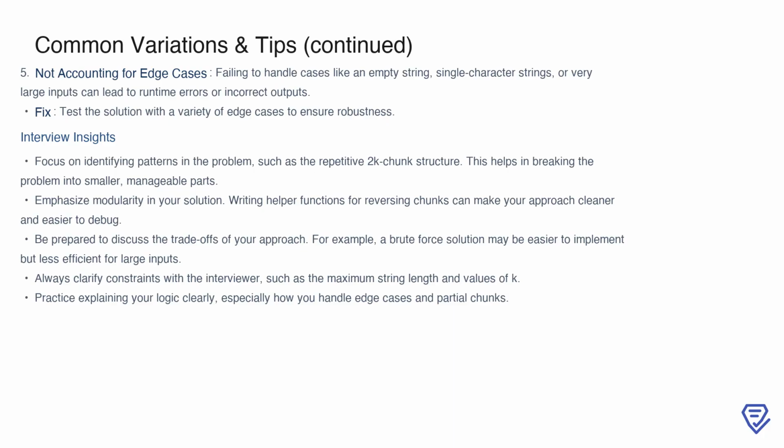Interviewers may also ask about trade-offs in your approach. For example, a straightforward brute force solution might be easier to write but less efficient for large inputs. Be prepared to discuss these trade-offs and justify your choices. Always clarify constraints with the interviewer, such as the maximum string length and the potential range of k values. Finally, practice explaining your logic clearly, emphasizing how you handle edge cases and partial chunks, as this is a critical